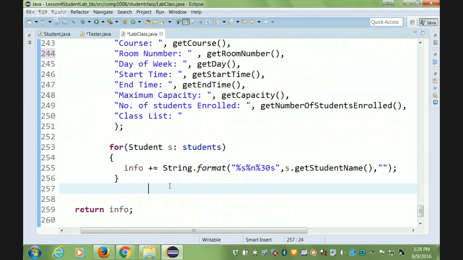Now, this is what I want you to do before you leave this method. Try it. I want you to write the get start time and get end time, giving back a formatted time, like adding AM or PM to it. By default, times are stored in 24 hours. So if I'm storing something like 3 p.m. or 2 p.m., it will be stored as